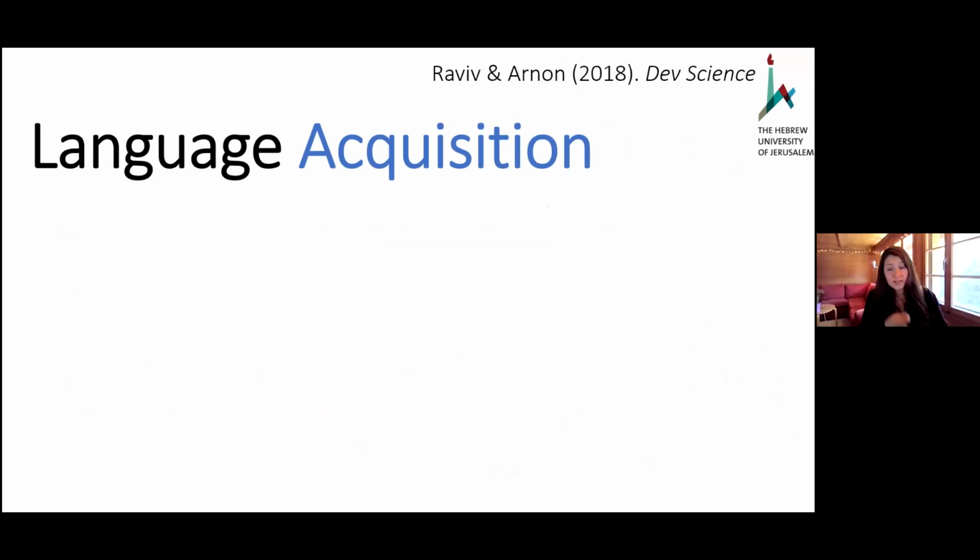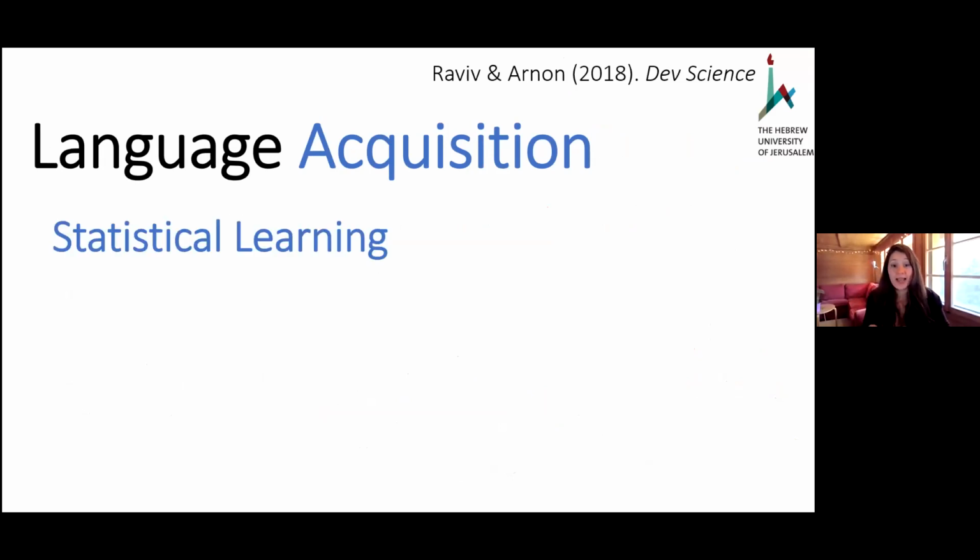And one possible answer that's been proposed is that children have statistical learning abilities. So that's the ability to implicitly detect patterns in sensory input based on distributional and statistical properties like transitional probabilities, co-occurrences, and so on. And the first behavioral study I ever did, I did this as a very junior master's student, was to look at this crucial mechanism and to ask two questions.